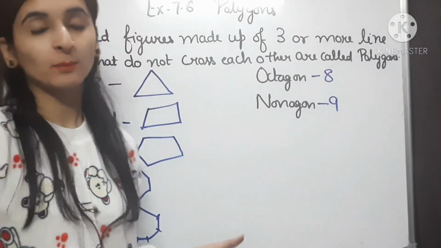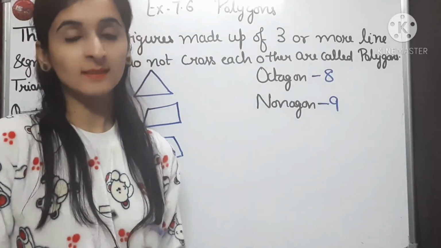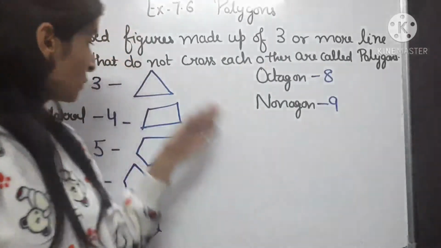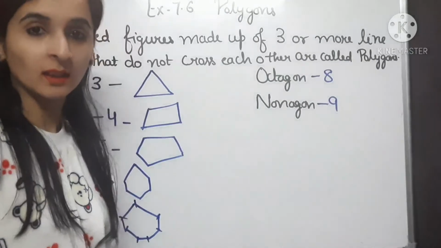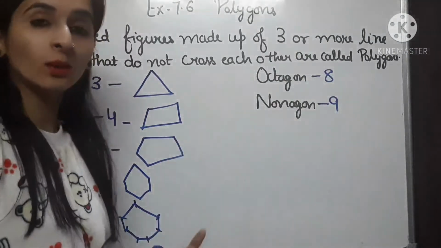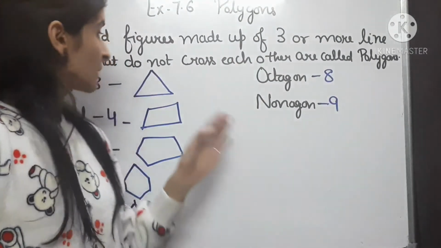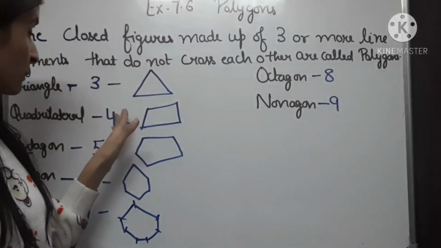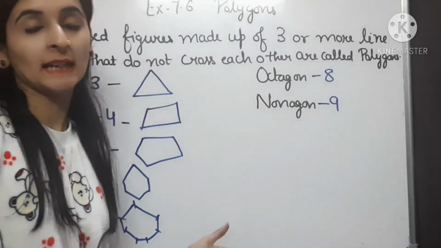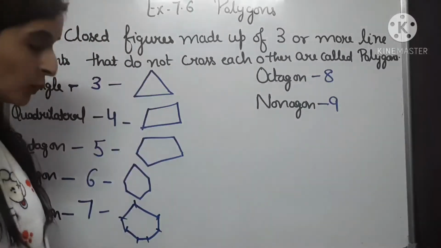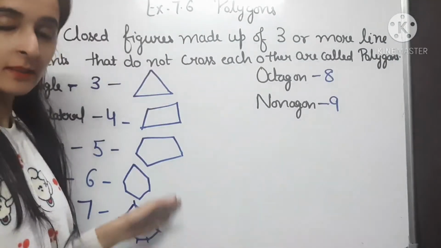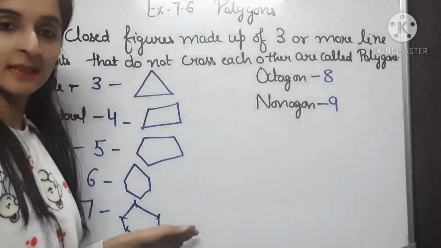A polygon is made up of 3 or more line segments that do not cross each other. As you all can see, these line segments are not crossing each other. So that is why these are called polygons. We will start from a triangle, because in a triangle there are 3 line segments. So a figure made up of 3 or more line segments is